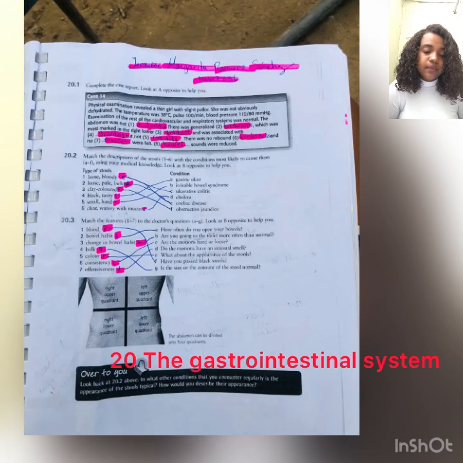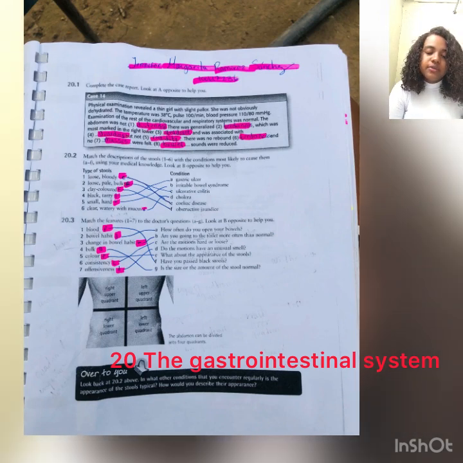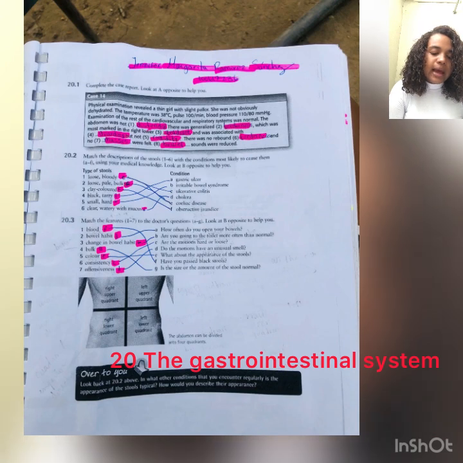Chapter 20. Complete the case report. Look at A opposite to help you. Case 14. Physical examination revealed a patient with slight pallor. She was not obviously jaundiced. The temperature was